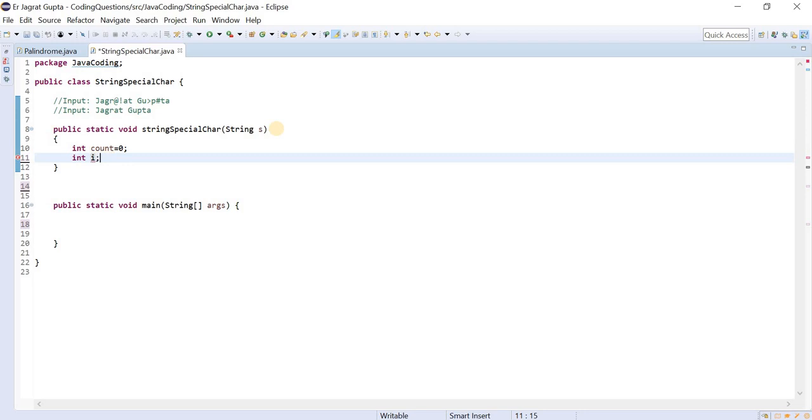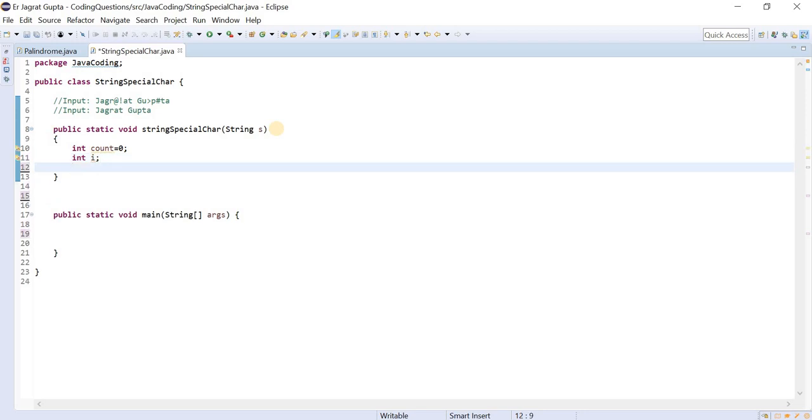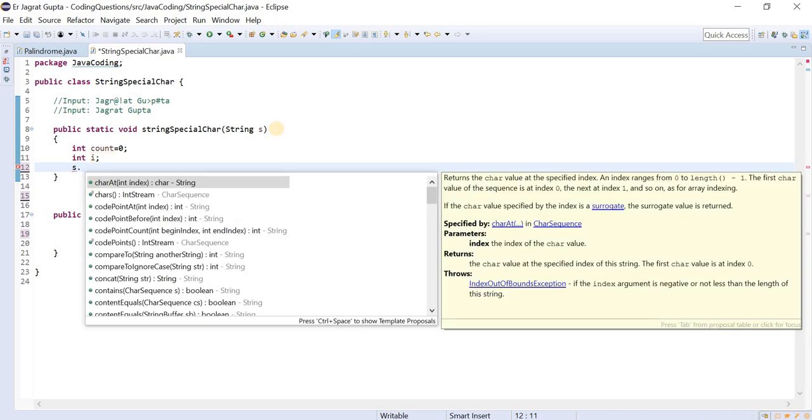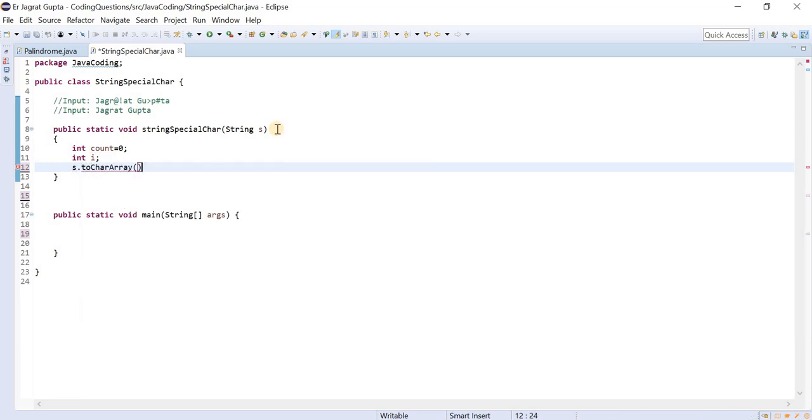Again we need to incorporate the for loop, so definitely we need to declare a variable. Now what I will do here is convert the string to a character array. So s dot toCharArray. We have already shown how to convert a particular string into a character array in a previous session.